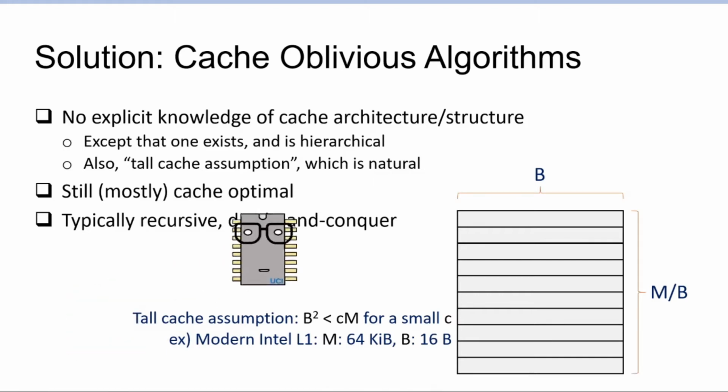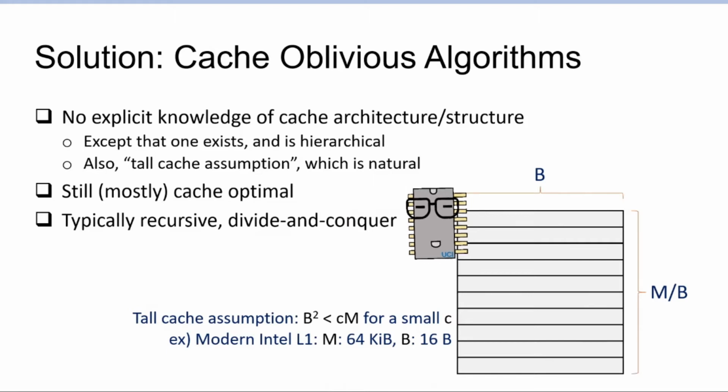But I guess I had to have it here for the sake of completeness. The goal of cache oblivious algorithms is that they still need to be mostly cache optimal, as much as they can be. And most of the cache oblivious algorithms that we will look at are typically a recursive divide and conquer approach